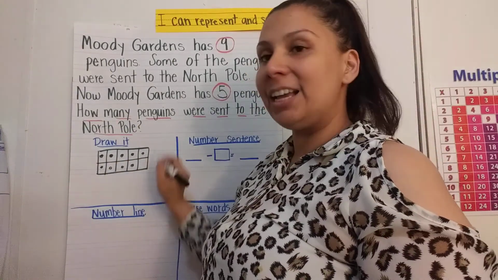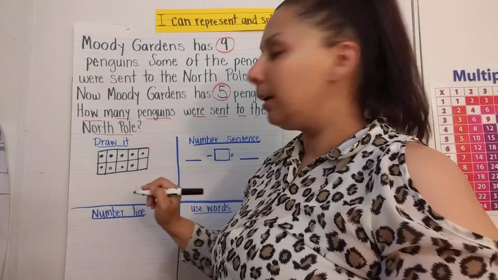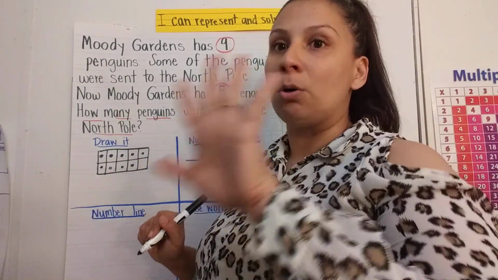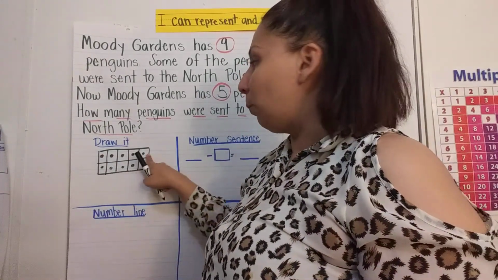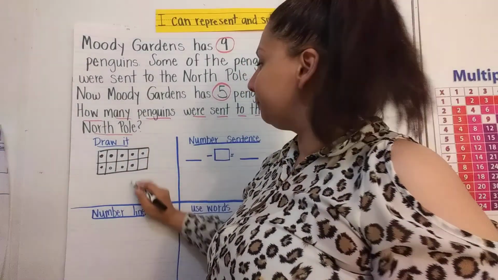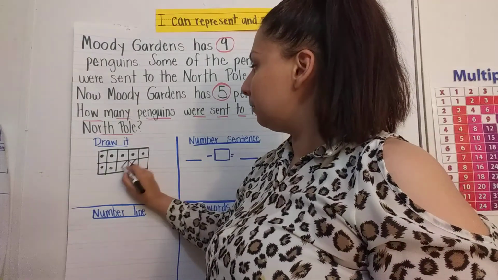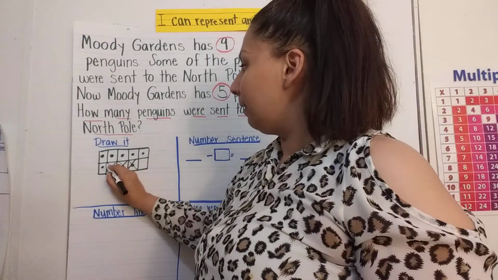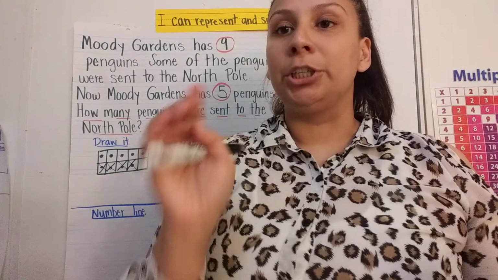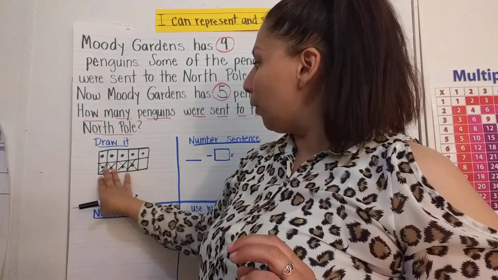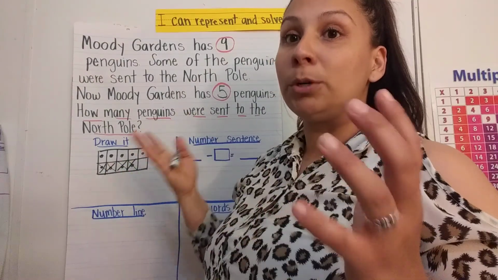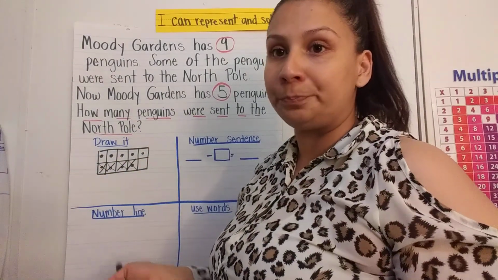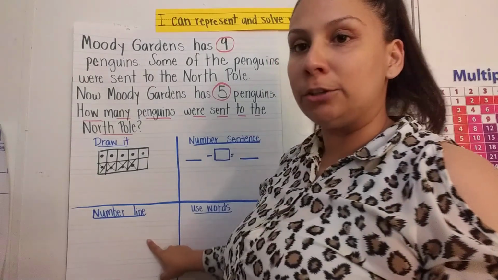Now I'm going to put an X through the dots on my 10 frame till I only have 5 left on my 10 frame. Remember, I know that one row is 5. 1, 2, 3, 4. So I took 4 away. I put 4 X's. So 4 penguins were sent to the North Pole. So we're going to move down to our